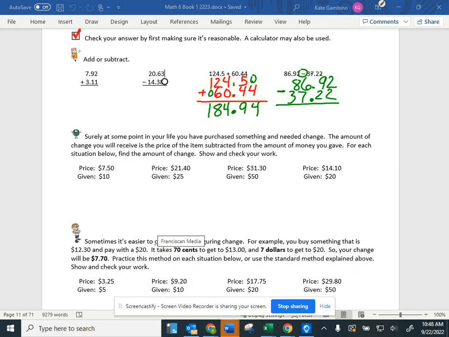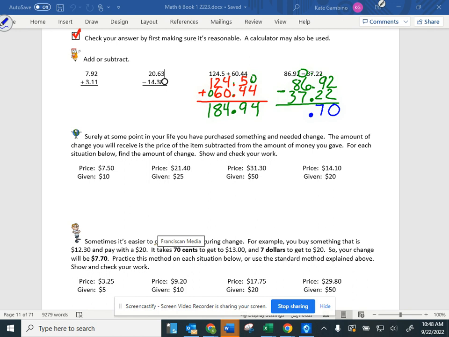So now I can do my subtracting. If you want, you can bring that decimal down first thing, because that's a given. That decimal point will always be in that spot, so you can just bring that decimal point straight down. 2 minus 2 is 0. 9 minus 2 is 7. 6 minus 7,